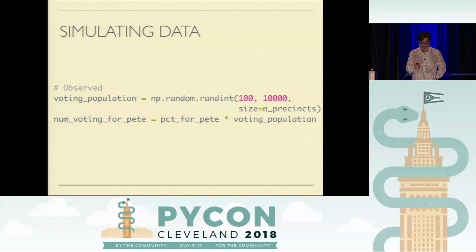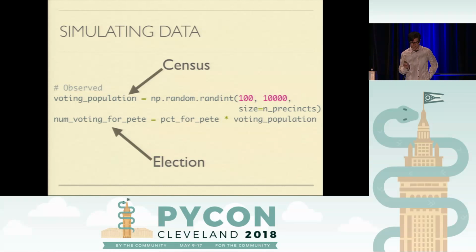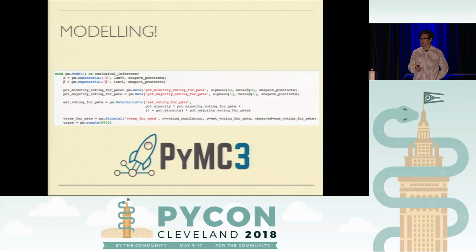And just to make this neat, we're going to also simulate the voting population as some number between 100 and 10,000. So this will be another length 14 array of integers. And then we can multiply that by the percent voting for Pete to get the actual number of votes for Pete in each precinct. Okay, so we've got a bunch of vectors of length 14. And then we can plug this into PyMC3. I'm not going to go over much about how PyMC3 works or models, but I just want to show you, put this up here in sort of purposely small font, so maybe you can squint and see some of the distributions that Karin was talking about earlier.